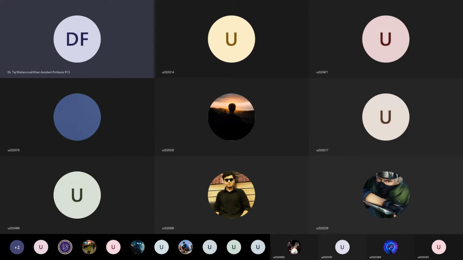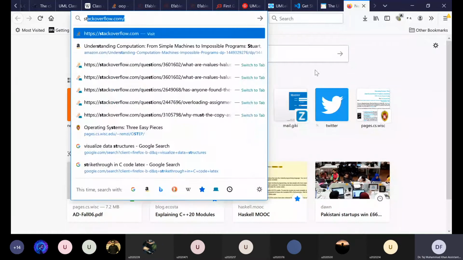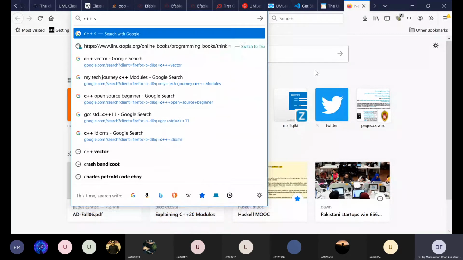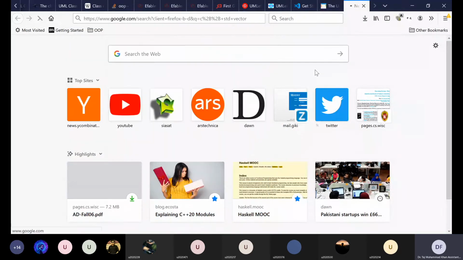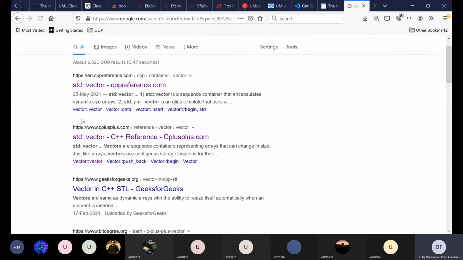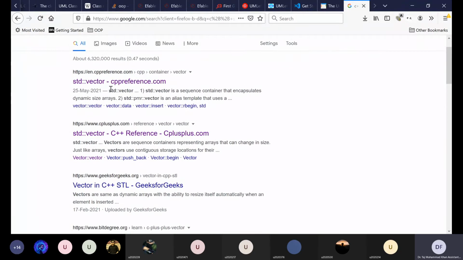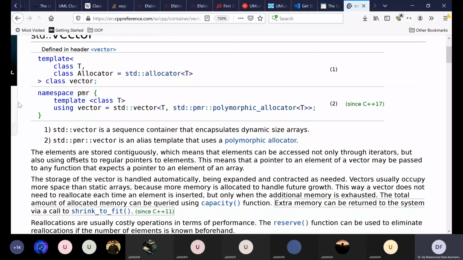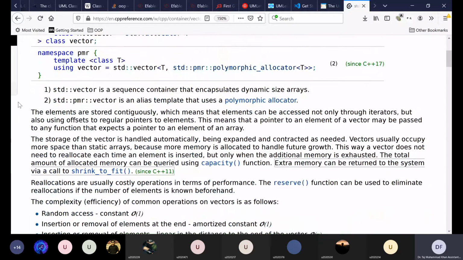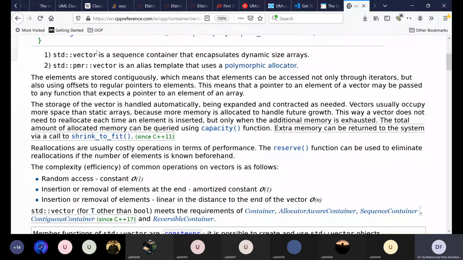Let us explore some functionalities of this vector. It's a sequence container, in the sense that the things are stored inside this container in a sequence.